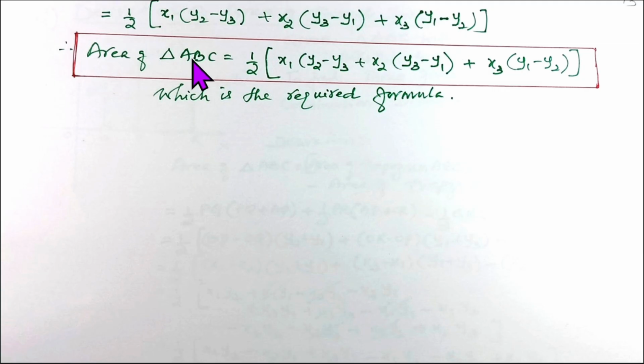So that is the area of the triangle ABC which is given to us. Therefore remember, the area of triangle ABC is equal to half times x1 in the bracket y2 minus y3 plus x2 in the bracket y3 minus y1 plus x3 in the bracket y1 minus y2. Learn and remember this particular formula to find the area of a triangle when the coordinates of the vertices are given to us. So that is the area of a triangle formula, a very important formula for us to remember, and it has its own applications which we already know and